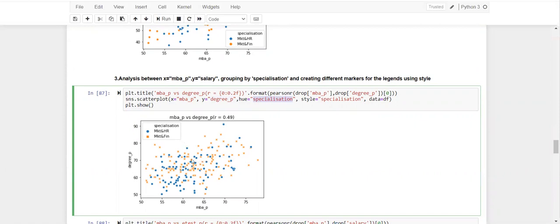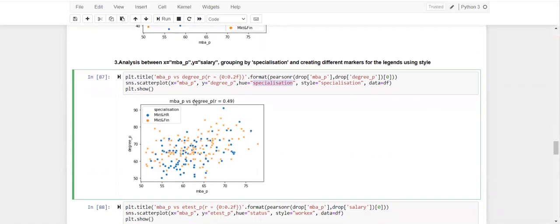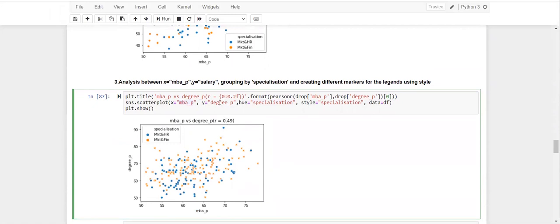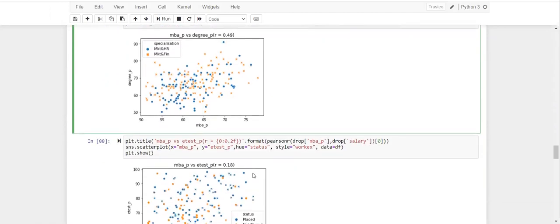In this case, if you notice, the correlation coefficient has increased a bit from 0.35 to 0.49, and you can notice that there is a not great, but still better correlation between MBA percentage and the degree percentage.